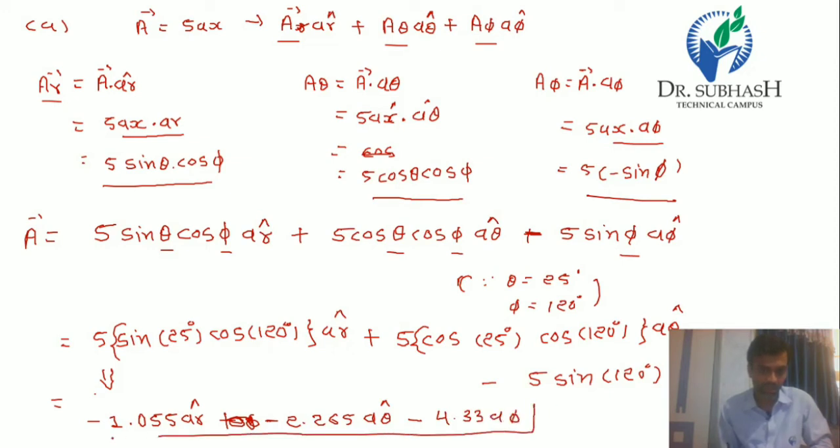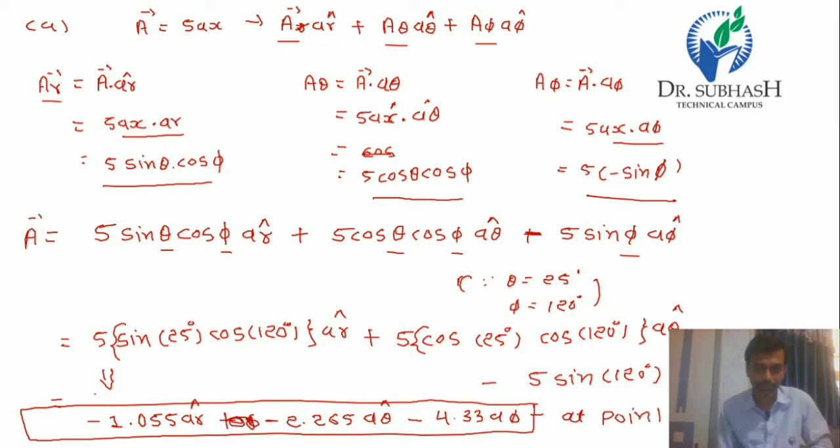This is our final vector in spherical coordinate system at point B. Okay, now